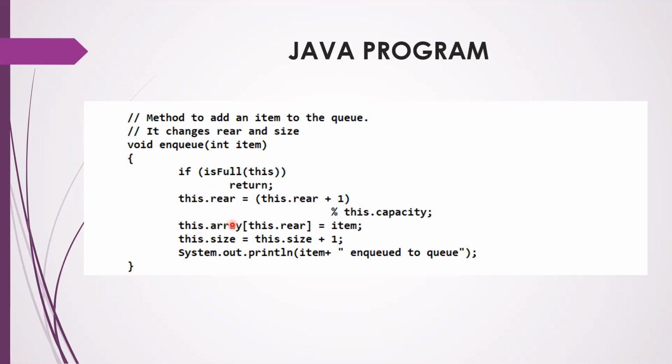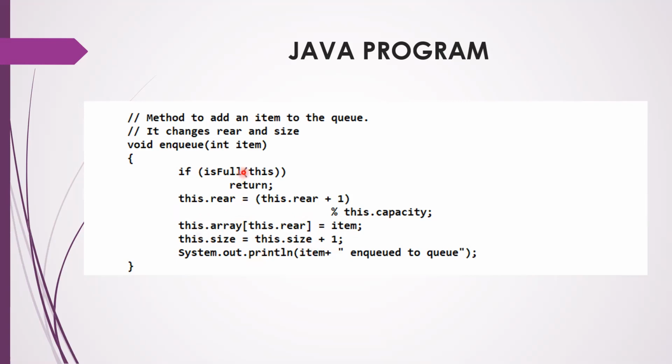So next you have to do this.array. You have to pass the rear variable. When you use this, it points to the current status of the queue. That is why we're using this operator in order to avoid confusion. You have to insert; instead of giving array of rear is equal to item, I'm just giving this because it points to the current one. This pointer means current status of the queue. So this.array of this.rear, in that rear index, I have to insert the item. Now this.size, what is the size now? You have to increment the size because you have inserted one element. Obviously, the size of the queue will increase.